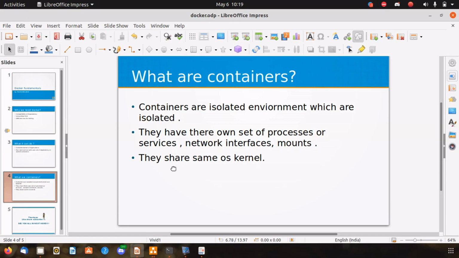Then they share the same OS kernel. So the same OS kernel is the thing that makes Docker independent in terms of OS dependency. Okay,